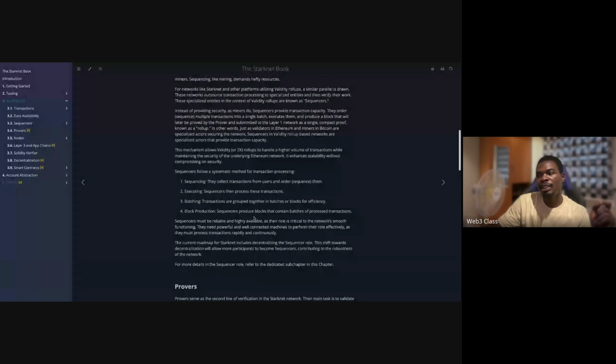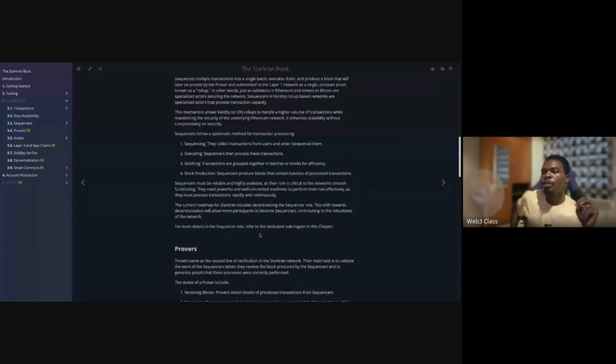So then availability also, it has to be available, as their role is critical to the network's smooth functioning. So they need powerful and well-connected machines to perform their role effectively, as they must process transactions rapidly and continuously. The current roadmap for Starknet includes decentralizing the sequencer role. Currently we have just one sequencer, which makes it centralized. Shifting towards decentralized, we allow more participants to become sequencers and contribute to the robustness of